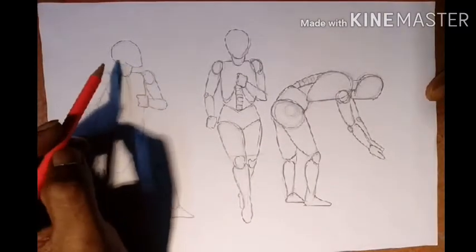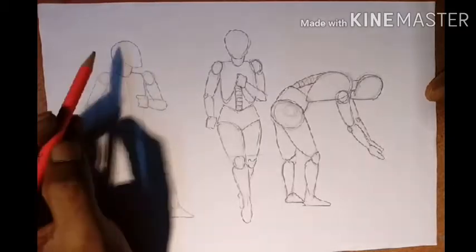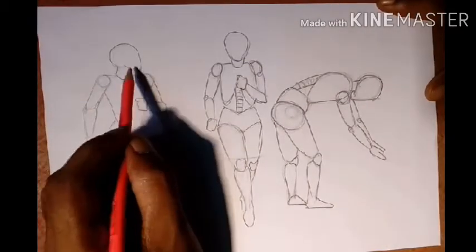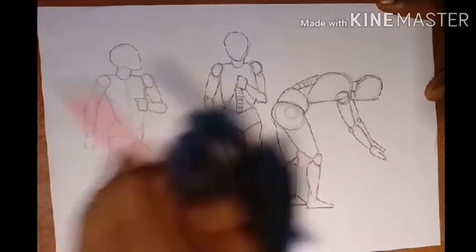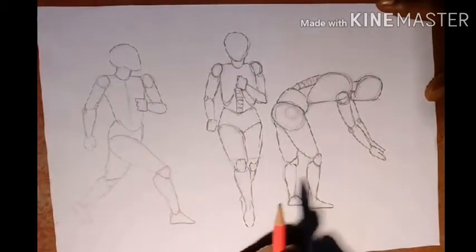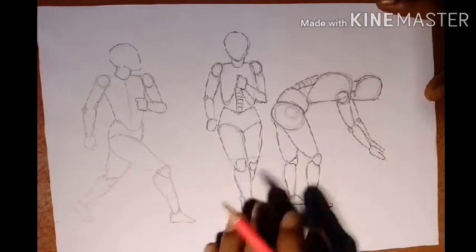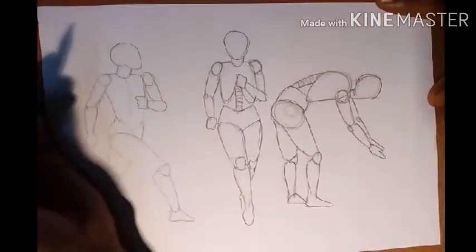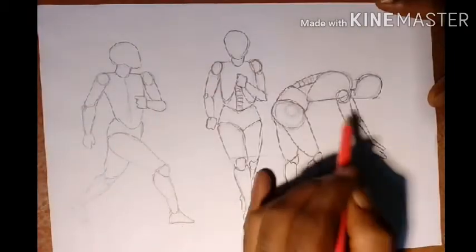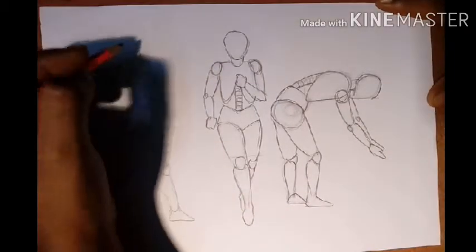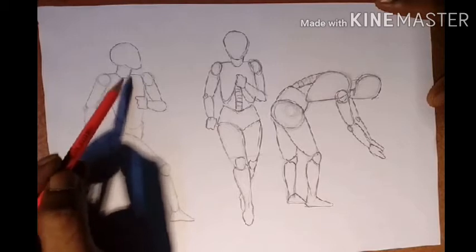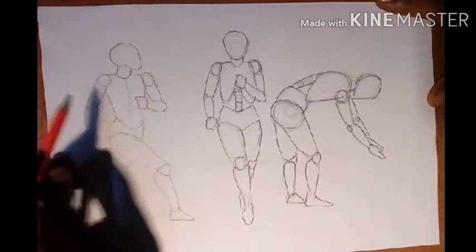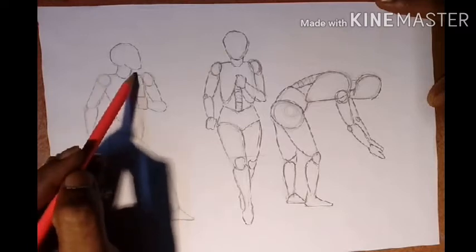As I am telling you, this is a structure, so how to complete these structures with dresses and detailings on the faces and all these things. That's what we are going to learn from today. So let's start. As you have all done this type of figures, a few things will be omitted from here, which we don't require as we complete the work.